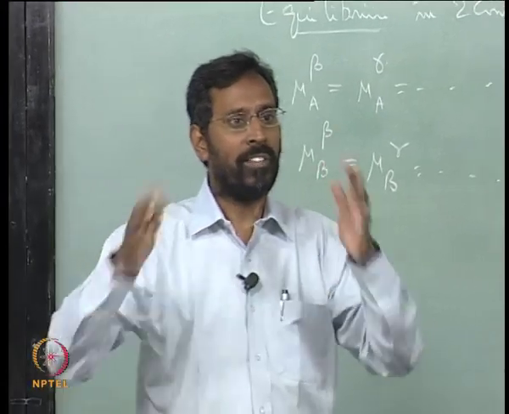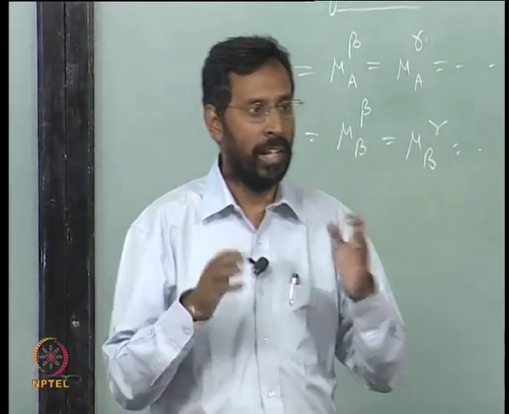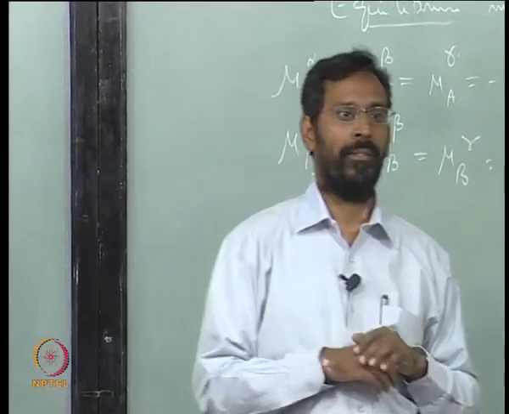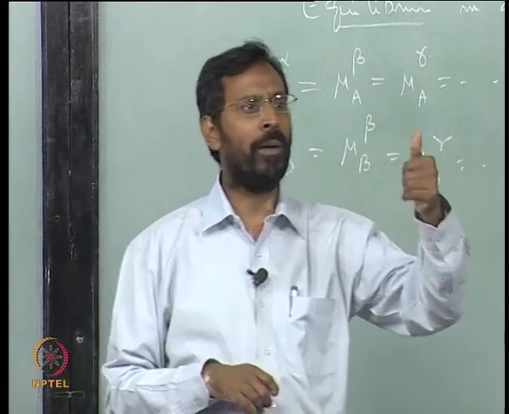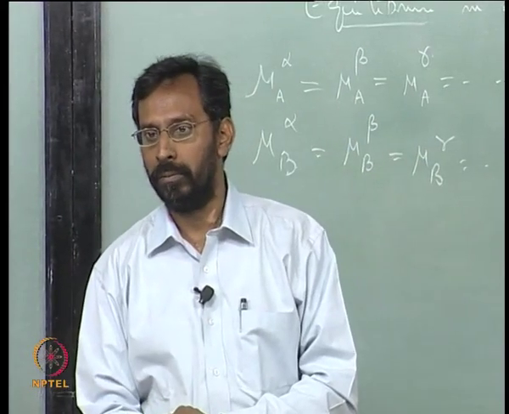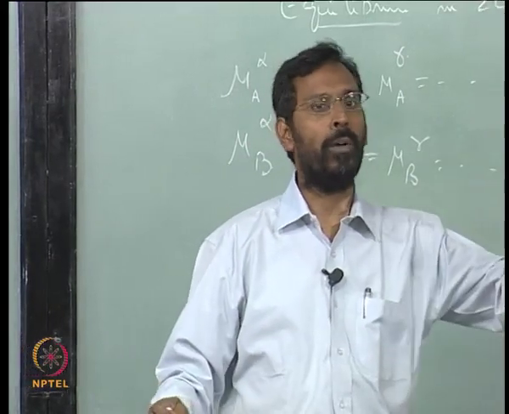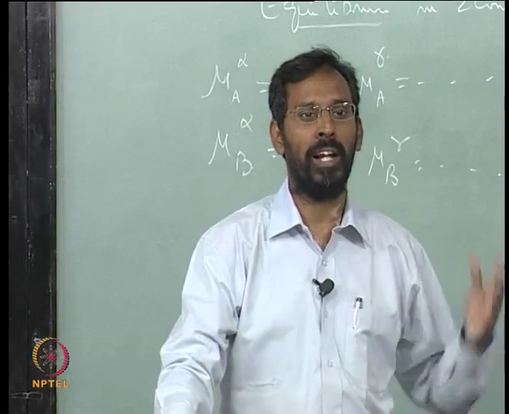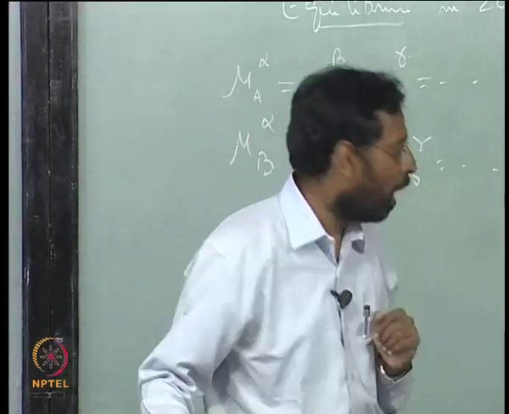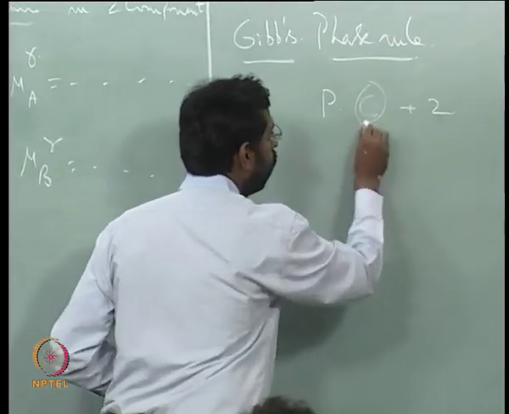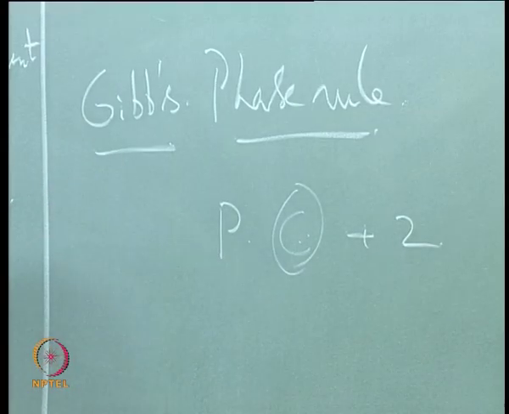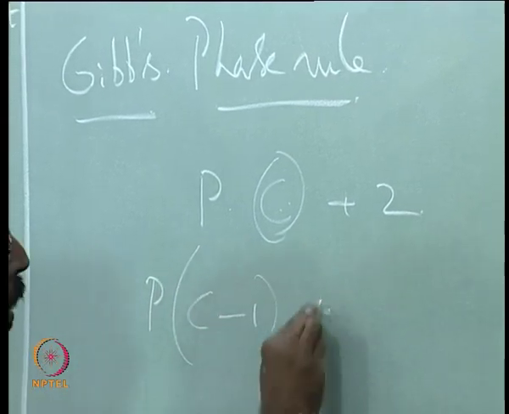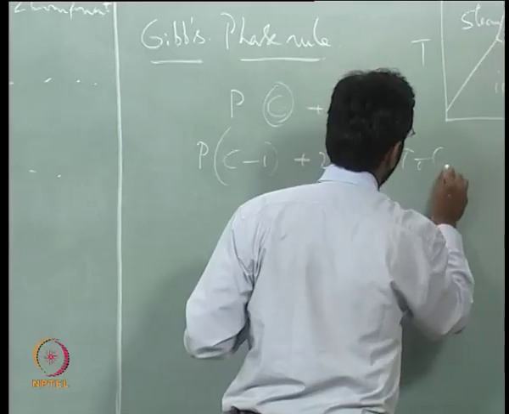So that means whenever a certain number of components are present in any phase, I need to talk about only C minus 1 as the independent variables. One of them becomes automatically a dependent variable. If it is a 3 component system, if I talk about how much of A and how much of B is there, I need not say how much of C is there. Automatically it is 100 minus this plus that. So in principle I need not describe all the components present in a phase. That is why we define P into C minus 1 plus 2 as the total number of variables